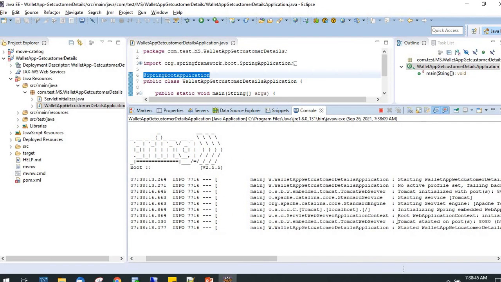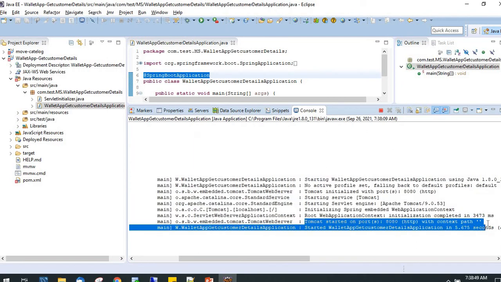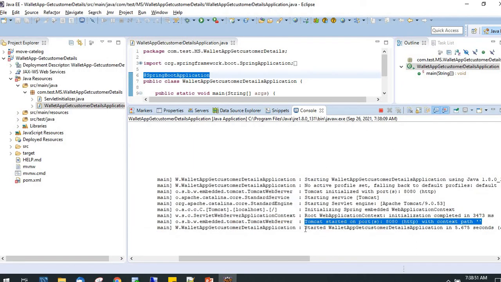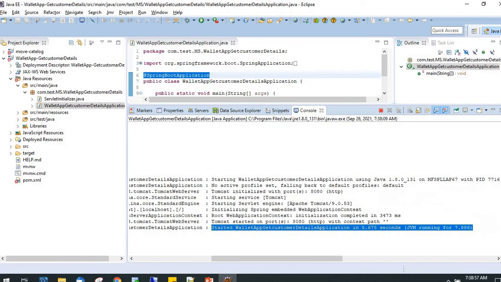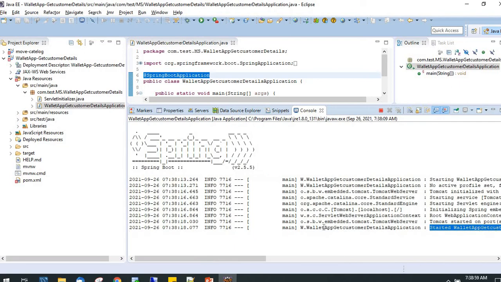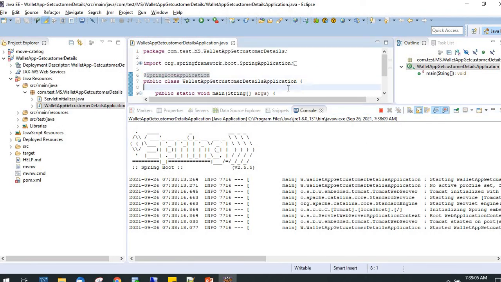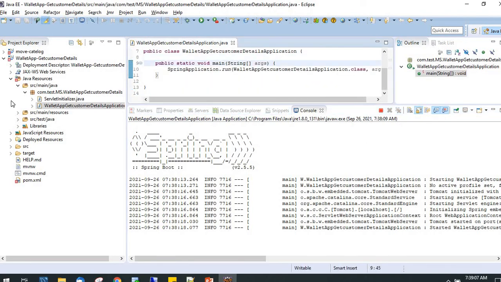See, Tomcat has started on port 8080 by default. Started wallet app get customer details application in JVM running. So the Spring Boot application is running now. Tomcat is up for this wallet application get customer details.